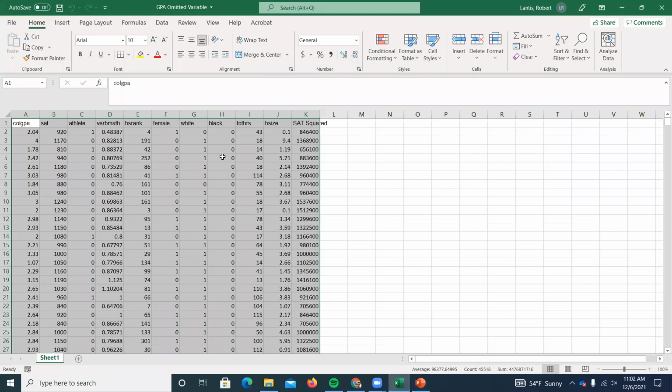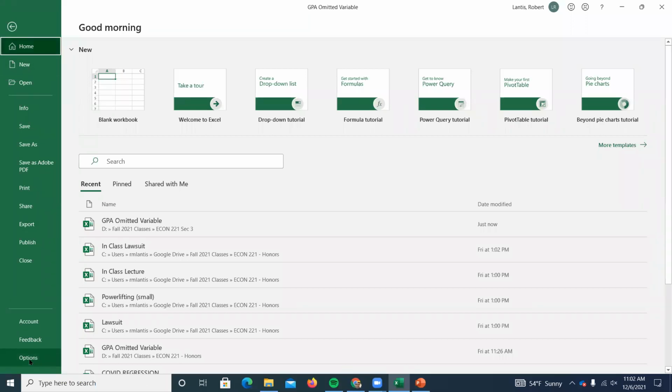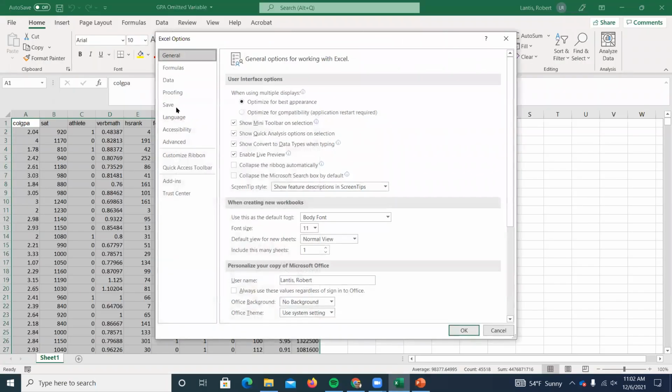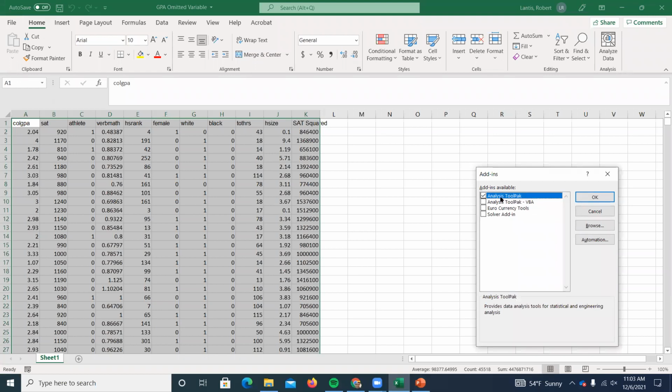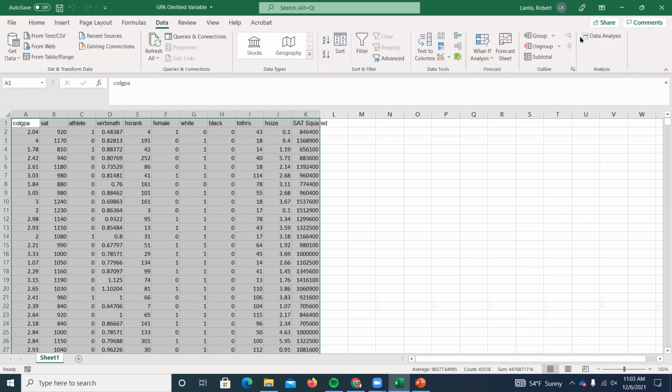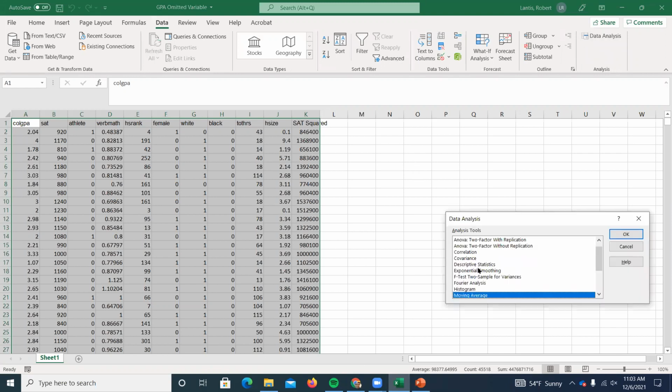So where are we at? We were working with this GPA omitted variable data sheet. We had a regression run. I'll go back through how we did that final one just to see it again. Hopefully at this point, we have that data analysis added in. If not, we go to options, add-ins, manage the add-ins, make sure the analysis tool pack is there. On a Mac, like I said, if you go through the tools bar and you see add-ins, make sure that this is checked. Once that's checked, we can go to this data tab, go to data analysis, scroll down to regression,